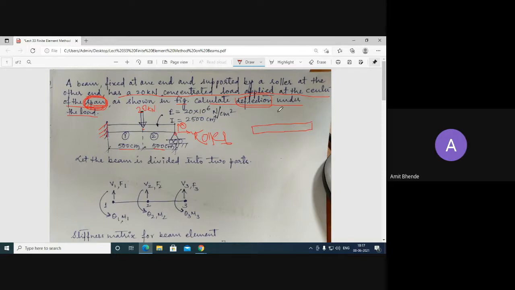So this is a beam, and when you apply a loading at the center, then this beam will undergo deflection. Okay, the maximum deflection will be at the center of the beam. मैक्सिमम डिफ्लेक्शन कहाँ पे रहेगा? सेंटर में रहेगा, क्योंकि जो लोड है वो सेंटर में एक्ट कर रहा है.